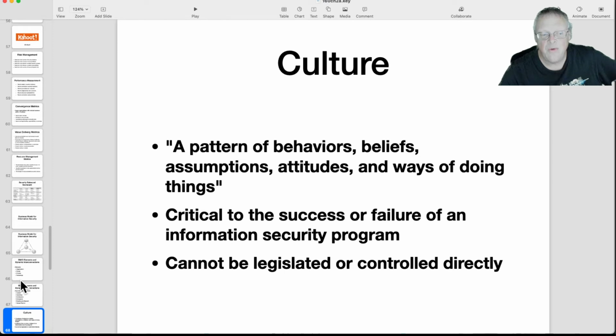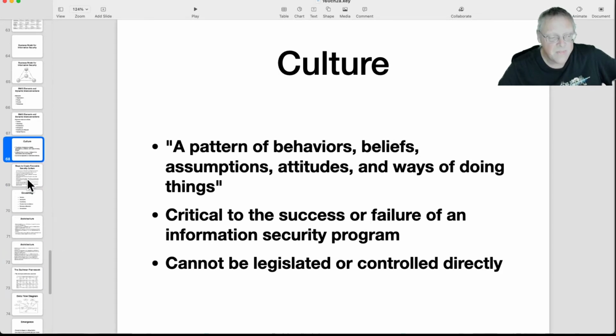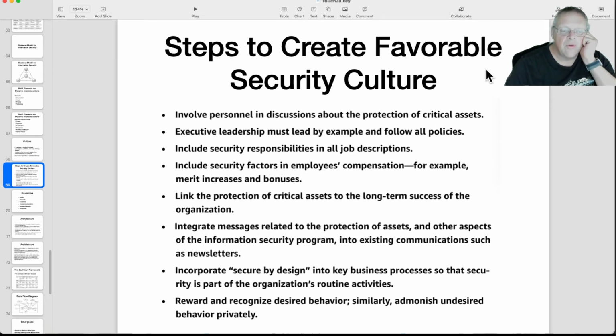So culture, I mentioned before, this is the attitude people have towards their work, and it's very important. Although it's not exactly quantifiable, it really matters. It's a real thing. And so if you want to create a favorable culture, then this would be where people are involved in protecting the assets. They understand why they have rules. The rules have been explained to them. They feel a sense of ownership in the company, and they cooperate and try to improve your goals because they understand what's happening. And therefore, they think about security when they're planning things. And